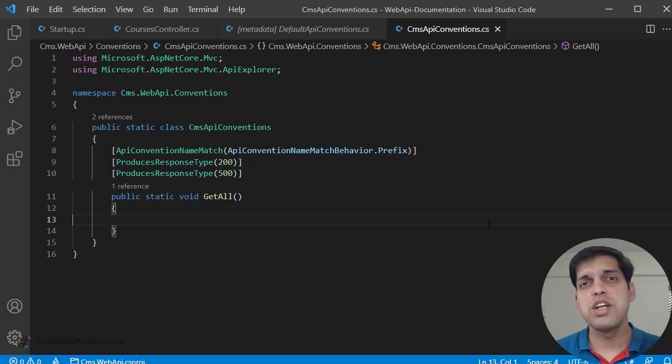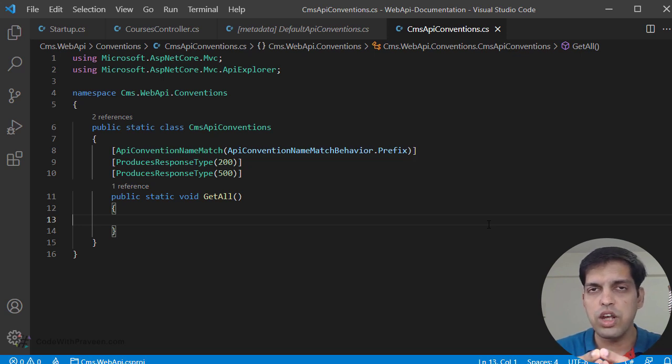Moreover, you may also consider to follow the hybrid approach, meaning that you can get the best of both worlds, attributes as well as the custom API convention types. This may be applicable for intermediate or medium complexity project types. In such cases, you can define your custom types and try to reuse these and then include only the required producers type. In short, if your API is simpler and short, then go ahead with the default API conventions. If it is medium complexity, then you can go with a hybrid approach. Whereas if your project is really big or huge and complex, then consider to use just attributes.